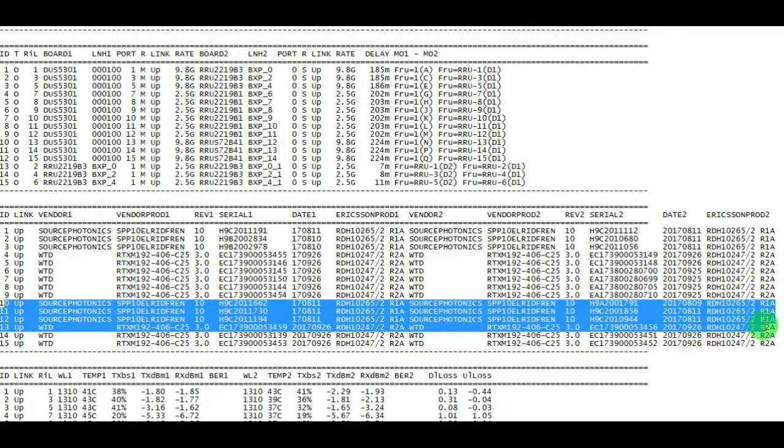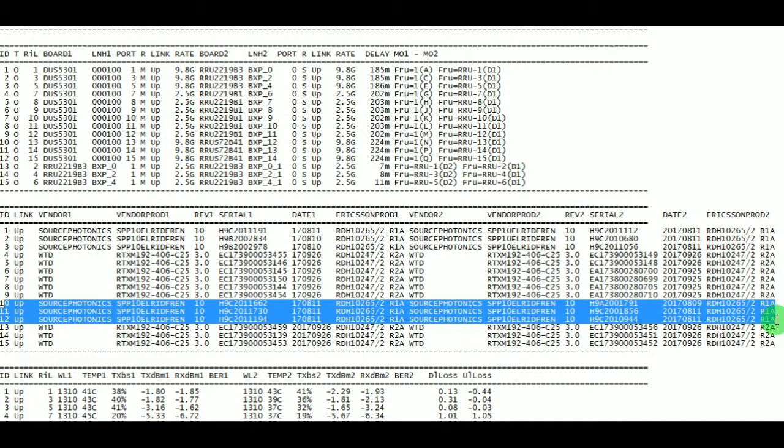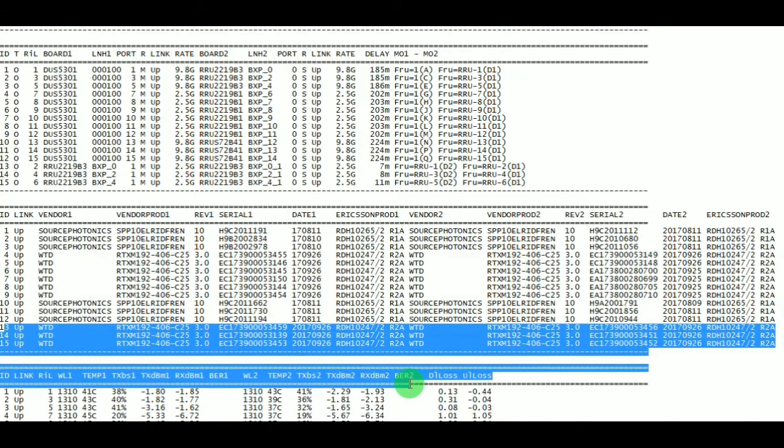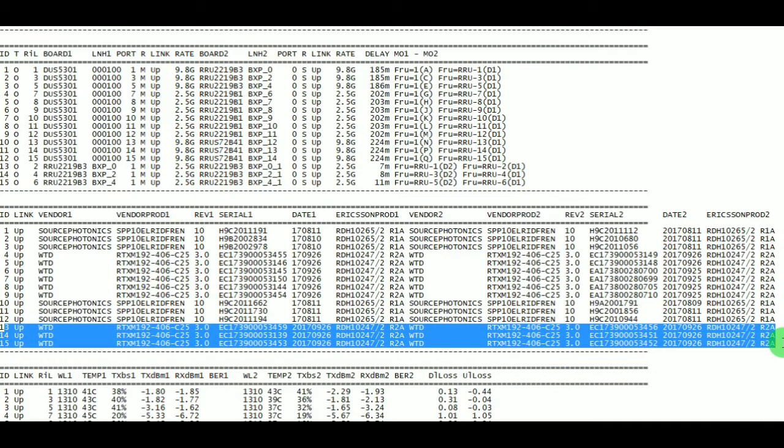Then link ID 10, 11, 12 belongs to FDD 1800 cascading interfaces, whereas link ID 13, 14, 15 belongs to TDD technology, which uses RDH 102.47/2 on the baseband side as well as radio side.